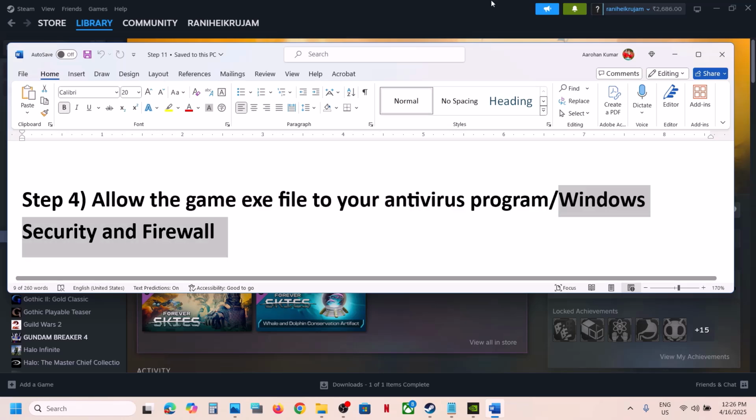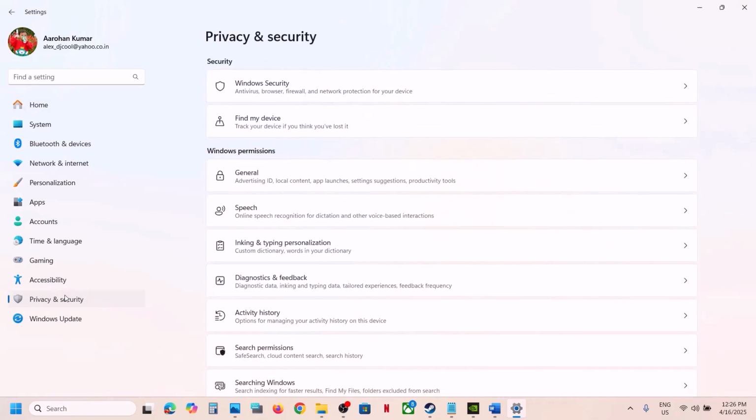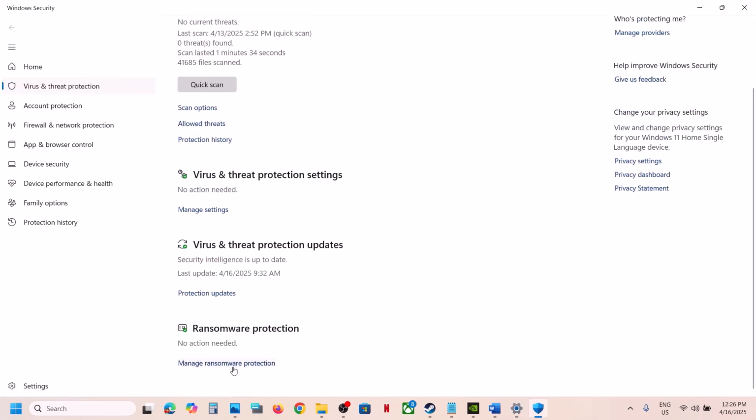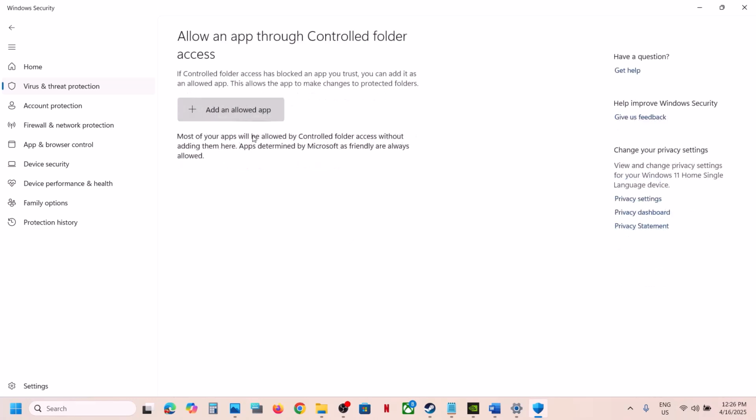Now if you're using Windows Security, open Windows settings, go to privacy and security if you have Windows 11. If you have Windows 10, click on update and security. Now click on Windows Security, click on virus and threat protection. Scroll down, at the bottom you will see manage ransomware protection. Click on it, click on allow an app through control folder access, click on yes to allow, click on add an allowed app,